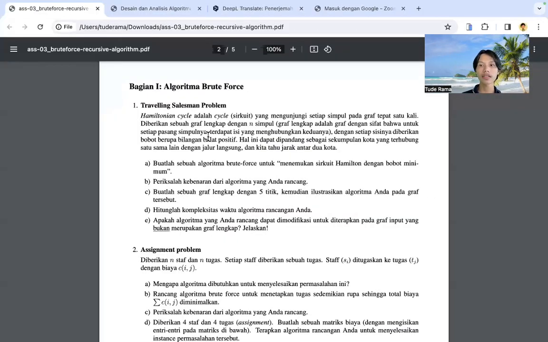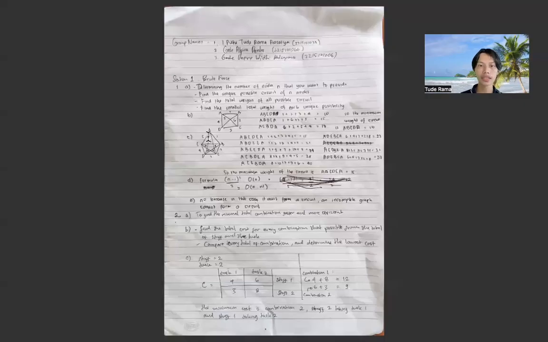Next, section B asks to check whether your algorithm is correct. In this case, we give n as 4 and we find the possible unique circuits and sum all the weights of each circuit, and we find the minimum.